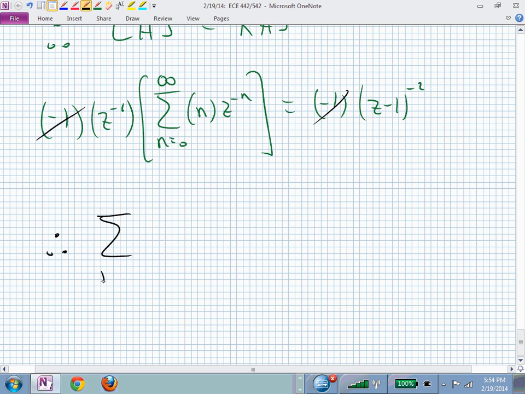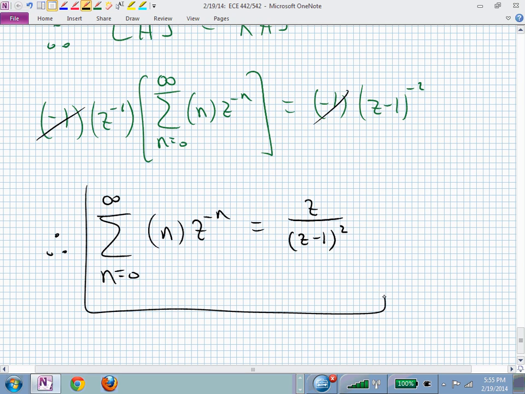So that I now have this formula for this sum of a ramp type waveform in z to the minus n as its z transform. I now multiply the right-hand side by z and put that z minus 1 factor squared downstairs, and that's now the expression that I was looking for,